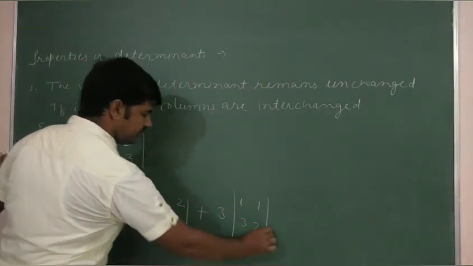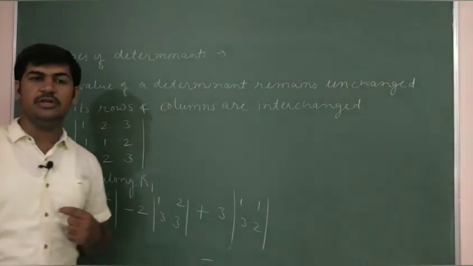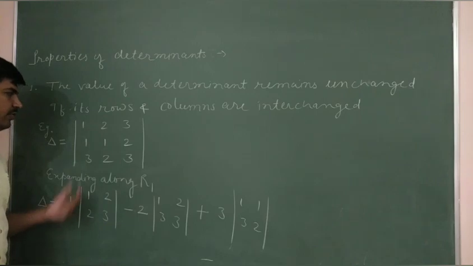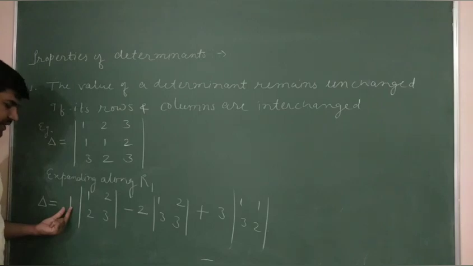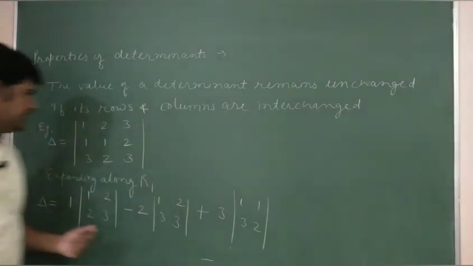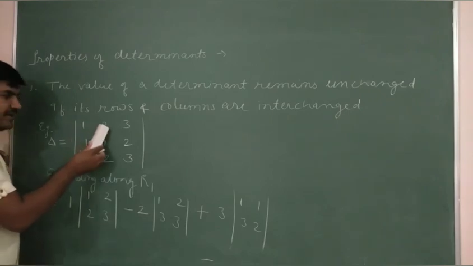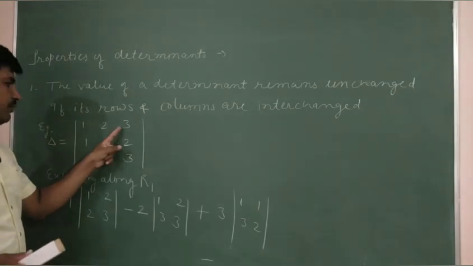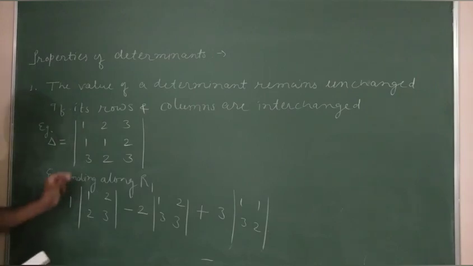Dear students, here I have not taken that minus 1 raised to the power. I have directly put the value because now we are familiar, or we have taken the example, so we know if we expand a determinant along R1, we take the first element positive, then the second element negative, and the third element positive. As this is element number 1 1, 1 plus 1 is an even number. It is element number 1 2, 1 plus 2 is an odd number, and this is element number 1 3, and that is an even number. So I have therefore directly taken the values.